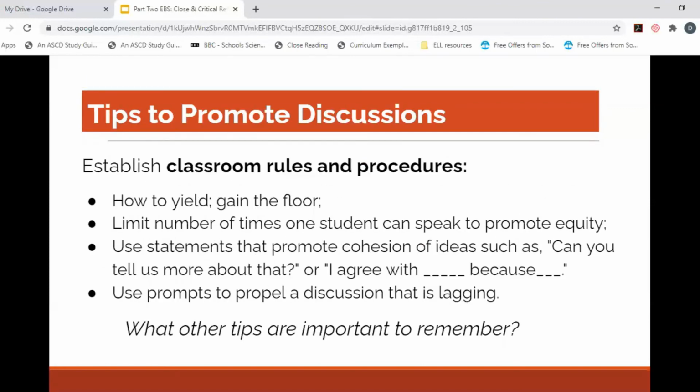We saw 2 examples of norms and protocols used to set up effective classroom discussions. Here are some additional ideas for you to think about. Establish classroom rules and procedures for focused academic conversations and discussion for small and whole groups. Train the students and revisit the rules and procedures for how to yield, gain the floor, limit number of times